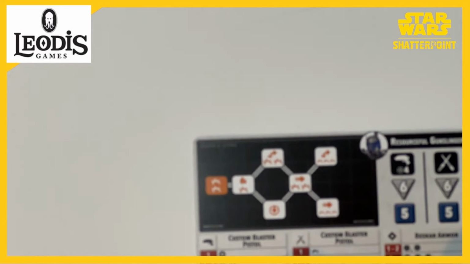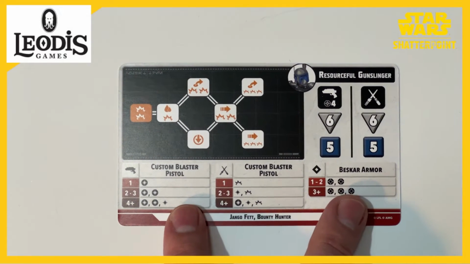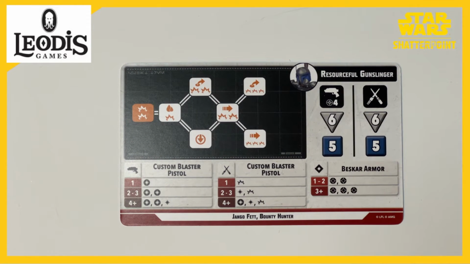Doesn't have a tactic ability. As you know, it's very much a solo player. But let's have a look at his stance card. Resourceful Gunslinger. He's got a range attack, as you would expect. It's going to be range 4, and he's going to be 6s across the board for ranged and melee, and